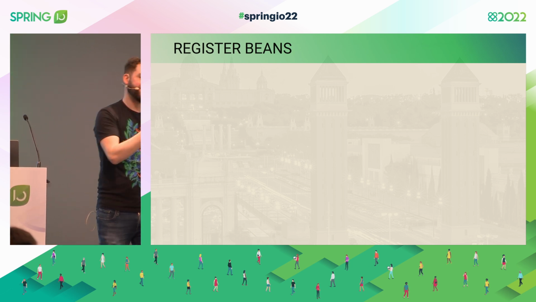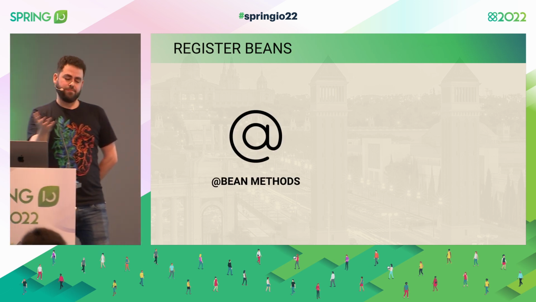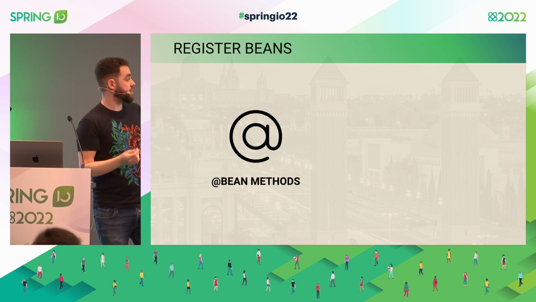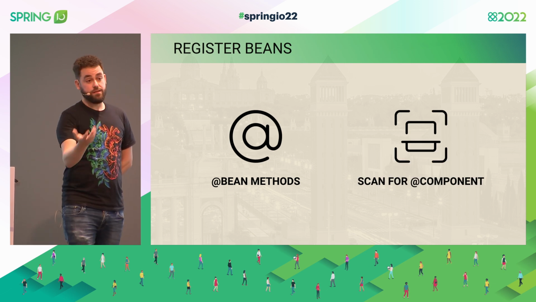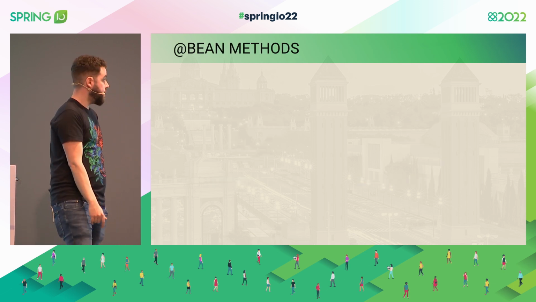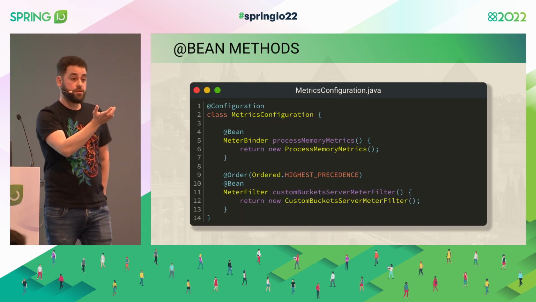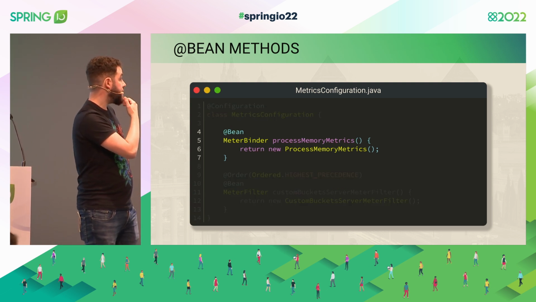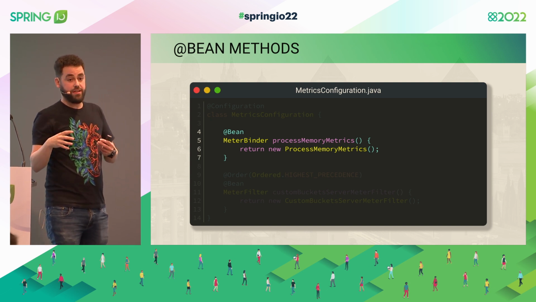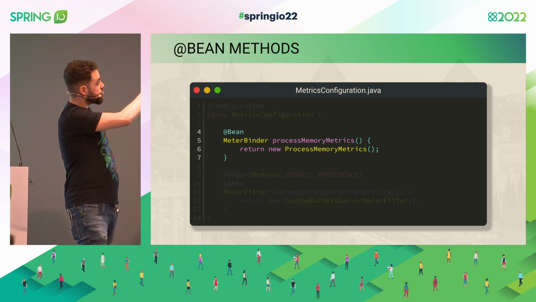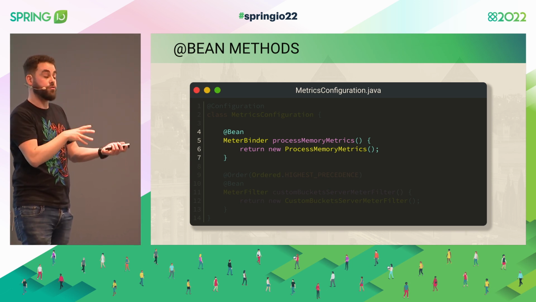Now let's see how we can register beans. Some things start to get a bit more complicated. In order to register beans, we have many options, but the two main options are just adding a method annotated with @Bean, we're going to see it in a second, or we can scan for the annotation @Component. For adding the @Bean method, it would look something like this. We can have a normal configuration class. And in the configuration class, we can do things like, remember, we are talking about how to customize third-party things. So in the case of Micrometer, for example, it will always work the same. @Bean is a method that you return an instance. That instance becomes a bean added to the context. So it's now going to be there.